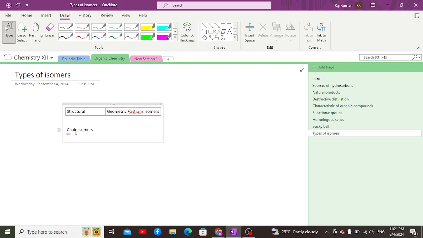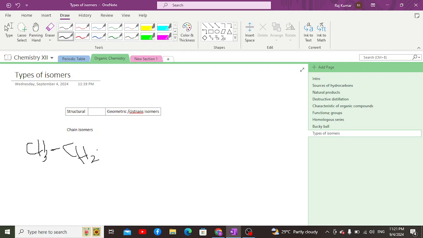Chain isomers are those isomers which have the same molecular formula, but differ in the arrangement of their carbon atoms. For example, pentane has three major isomers, which include n-pentane,